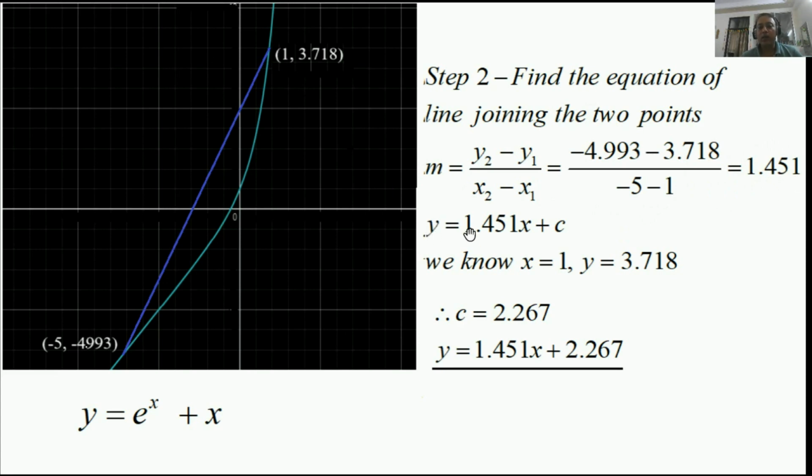So the equation of the line will be y equals 1.451x plus c. To find c, what do we have to do? We know that for x equals 1, y is 3.718. So putting these values, y equals 3.718 and x equals 1, I am getting c equals 2.267. Putting the value of c in this equation, finally this is the equation of this straight line joining